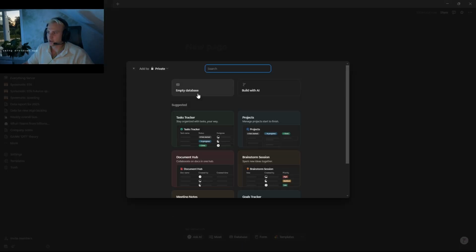Now here, you'll have two options: empty database or build with AI. If you, for example, have Notion Plus, as I have, you can build your own data collector using AI, and enable the AI to go through your data. Personally, I don't think this large language model is good enough for it to go through your data